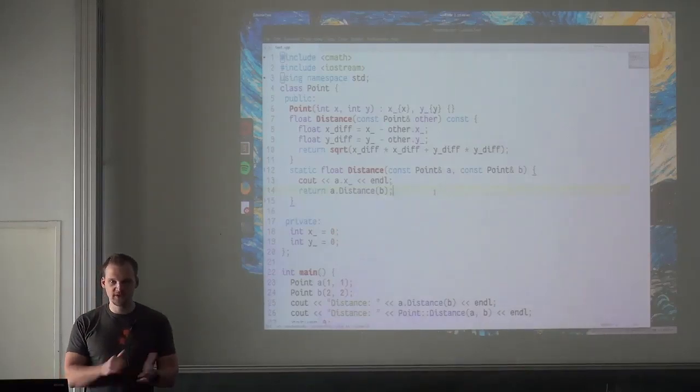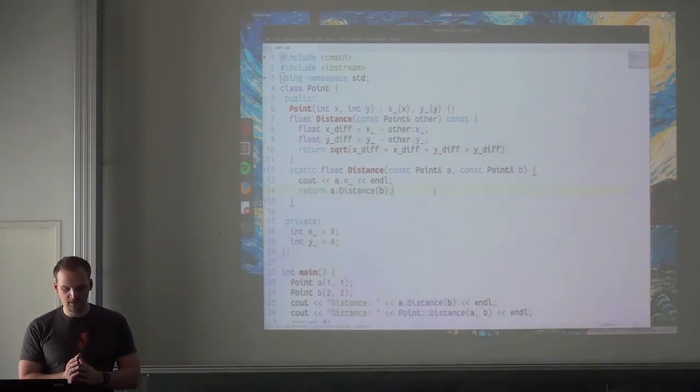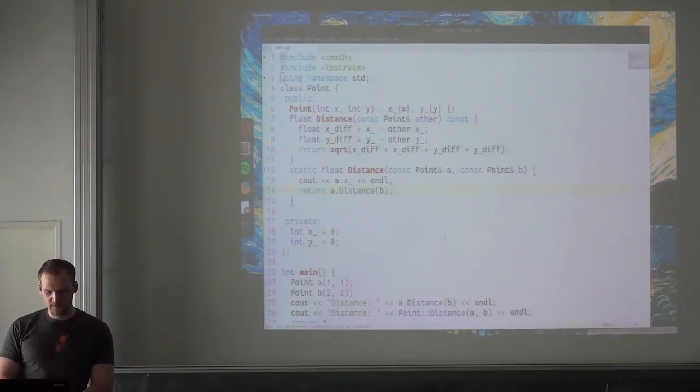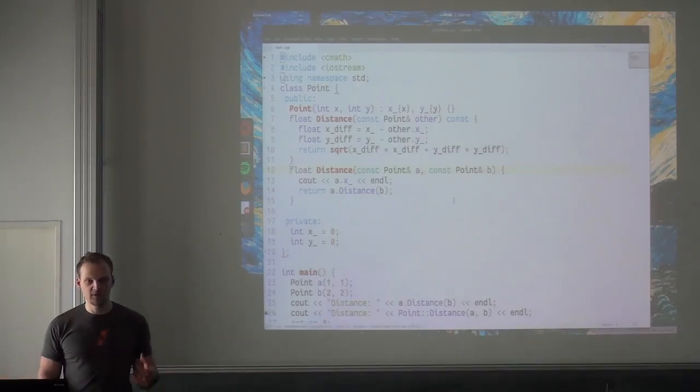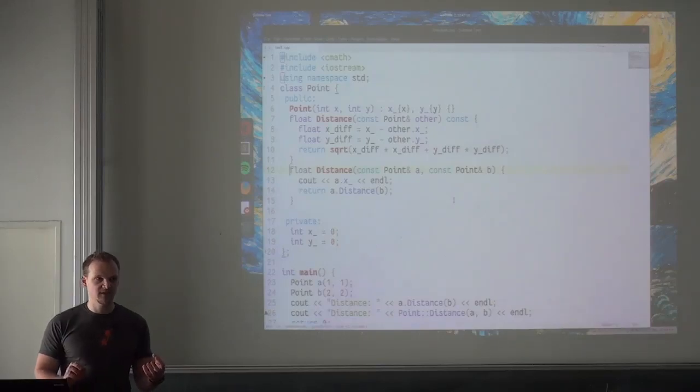Any other questions to this? Yeah? Why do you use the static? Not really. So let's try that. Let's remove the static. What does it mean? It means that it still has,